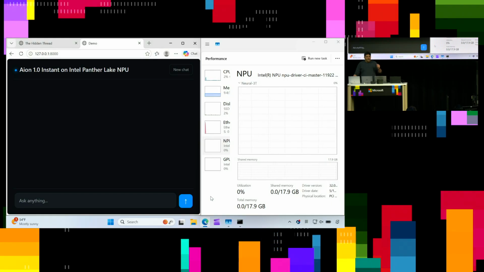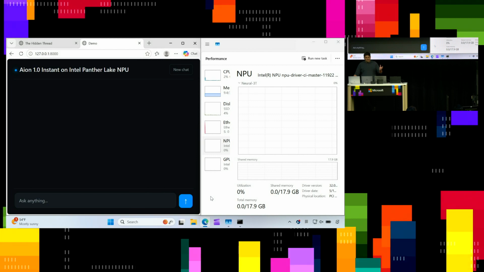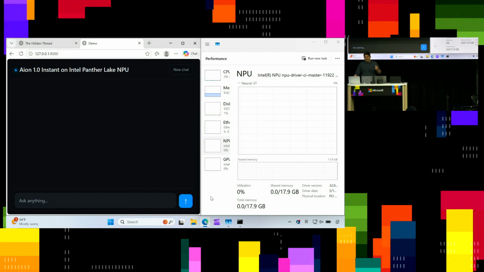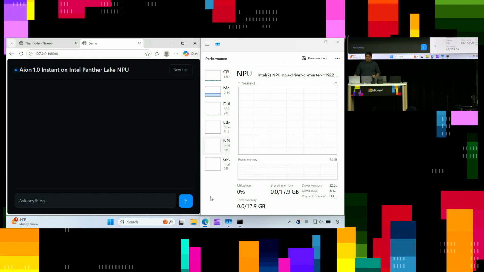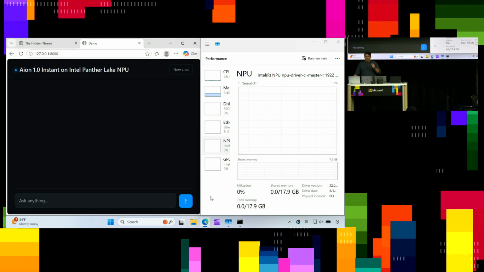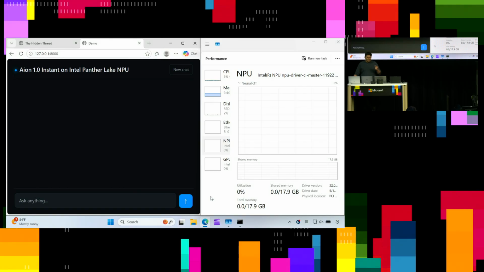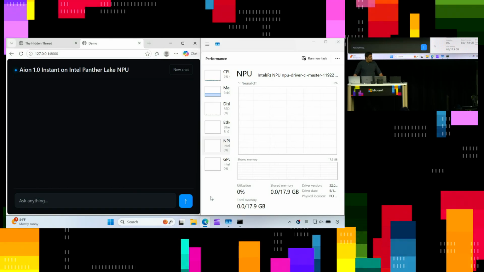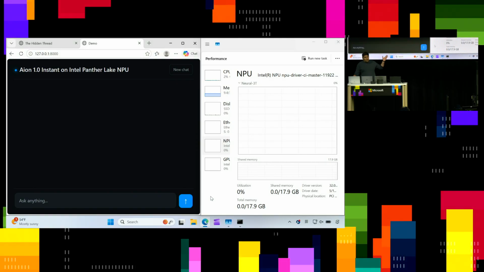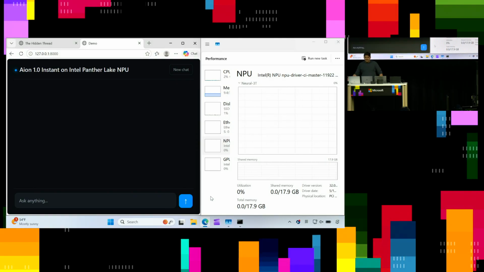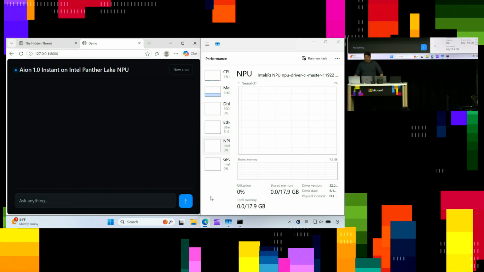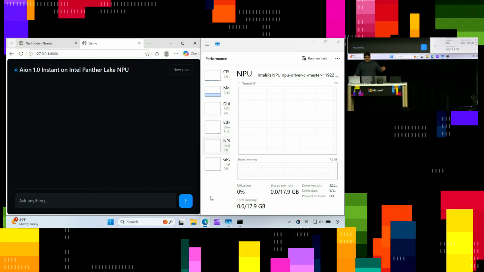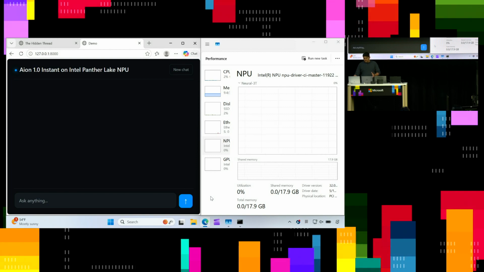A lot of times when we are generating tokens, every token has a round trip, it has latency, it is a cost item associated with it, and we cannot build and deliver a lot of features because the math just doesn't math, it doesn't make sense. So today, I want to showcase Ion 1.0 Instant that was released just yesterday. Satya talked about it at the keynote as well, on Intel Panther Lake NPU, the Core Ultra Series 3. All of this runs on the device itself.